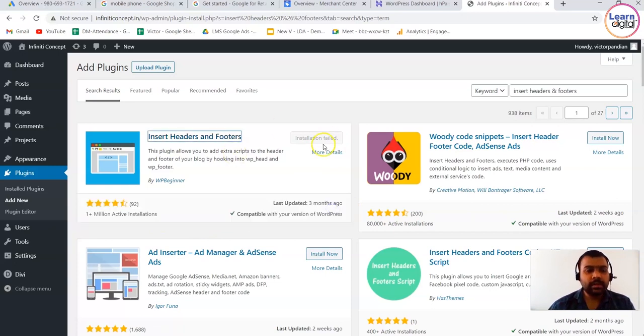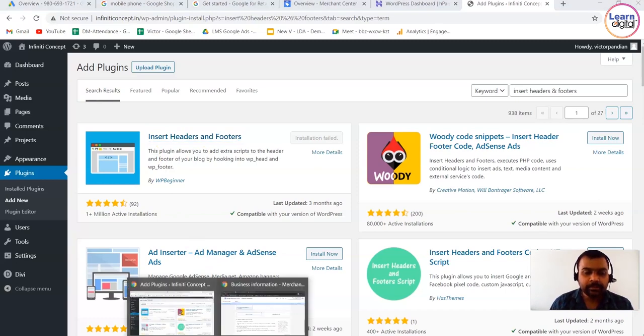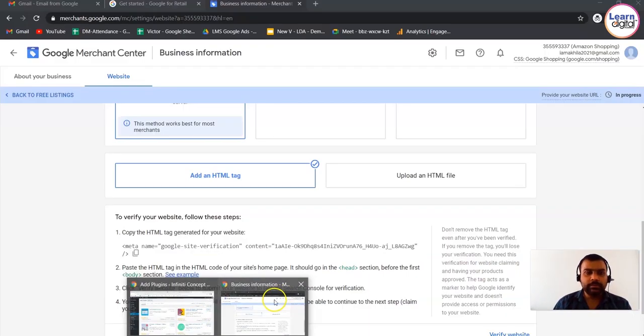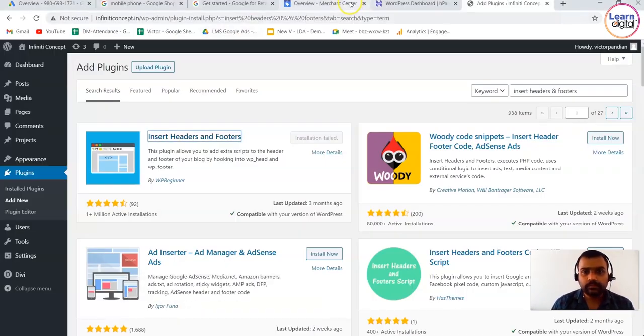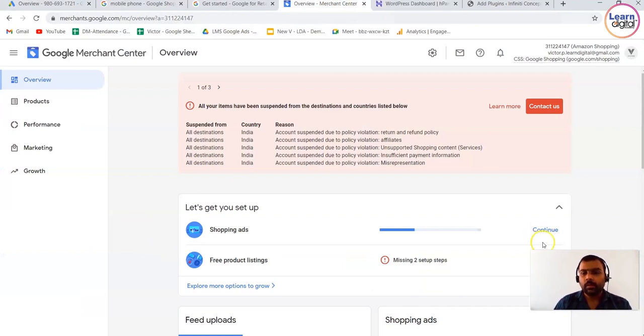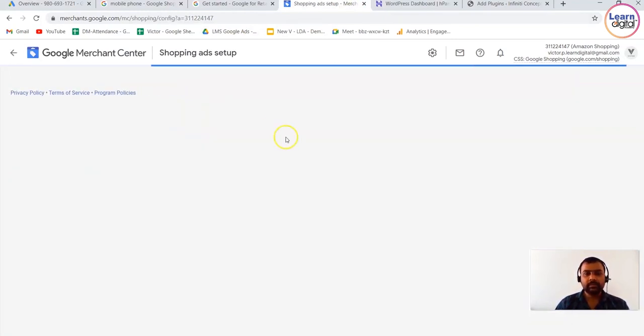Alright, so there is some error with the directory. So what you have to do is you just need to click on this plugin, and you will be having a head section of that plugin. You need to copy that code and paste it over there. So once you have pasted that, you'll be getting an option called